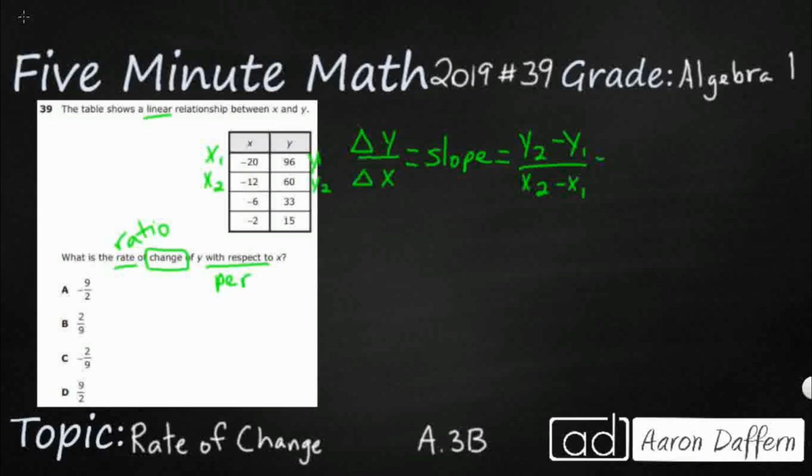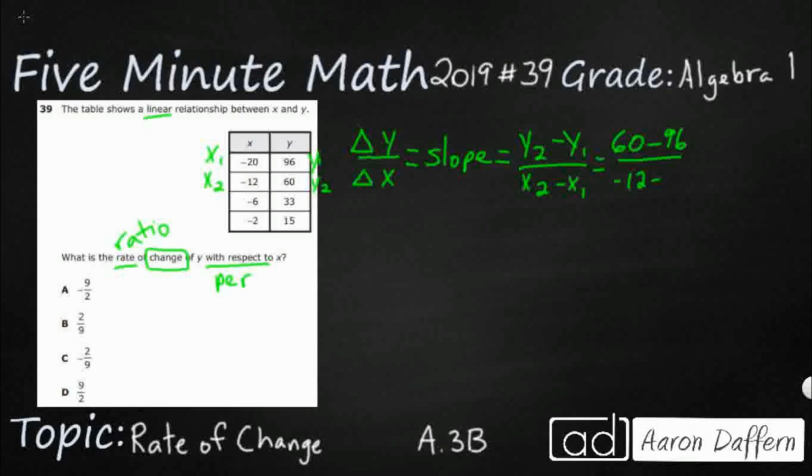And we'll do another pair just to show you that it doesn't really matter which pair you use. So my y sub 2 is 60, my y sub 1 is 96, so that's going to get me a negative 36. And then my x sub 2 is negative 12,